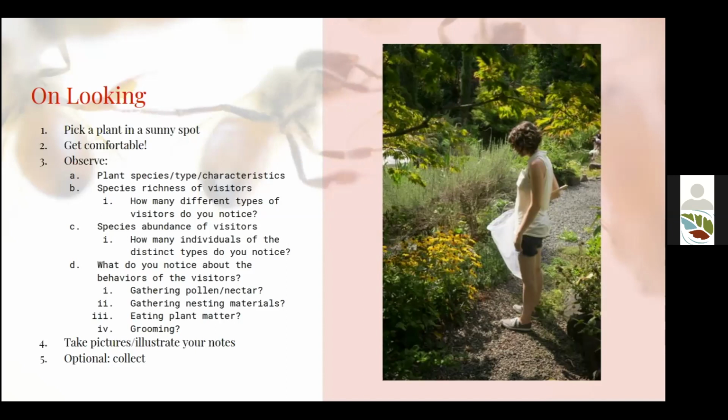So we have lots of catmint out at the farm. It provides a really great food source for honeybees, and every time I look at it, it is completely covered in honeybees, but generally I'm hard pressed to see anything else there. And so that plant is really supporting an abundance of that one species, but not so much richness of different species.